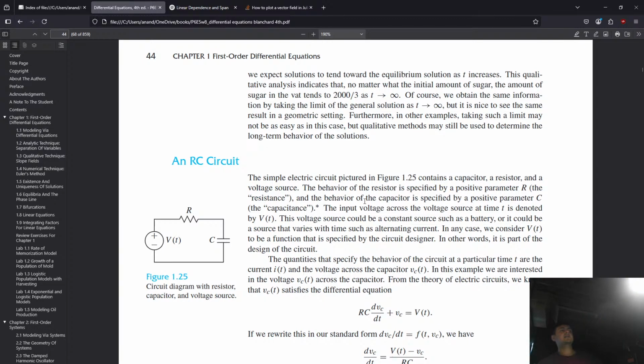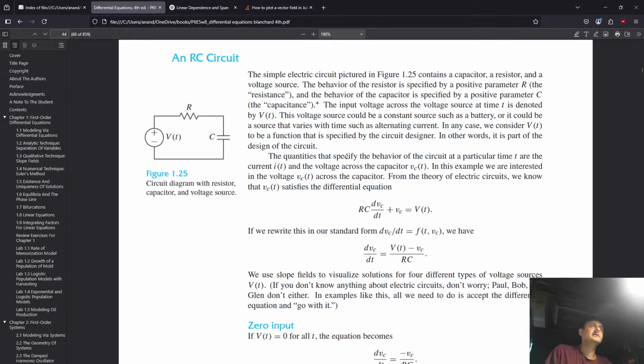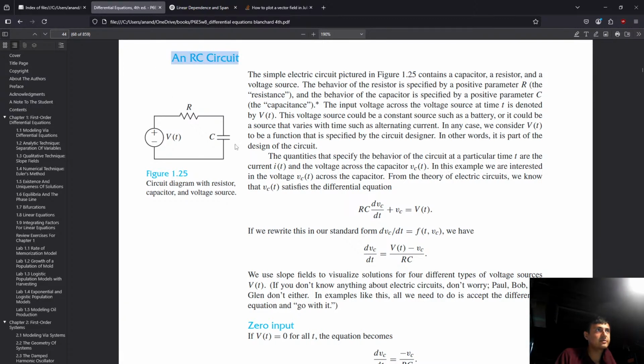All right, the next model that we're looking at in section 1.3, the RC circuit. Okay, so we have a voltage source, we have a resistor and a capacitor. The simple electric circuit pictured in 1.25 contains a capacitor and a resistor and a voltage source. The behavior of the resistor is specified by a positive parameter R, and